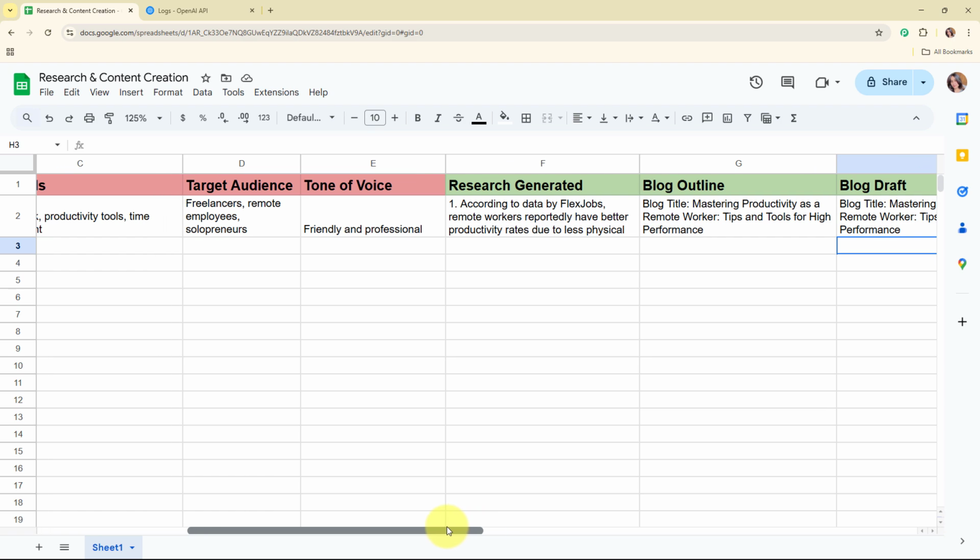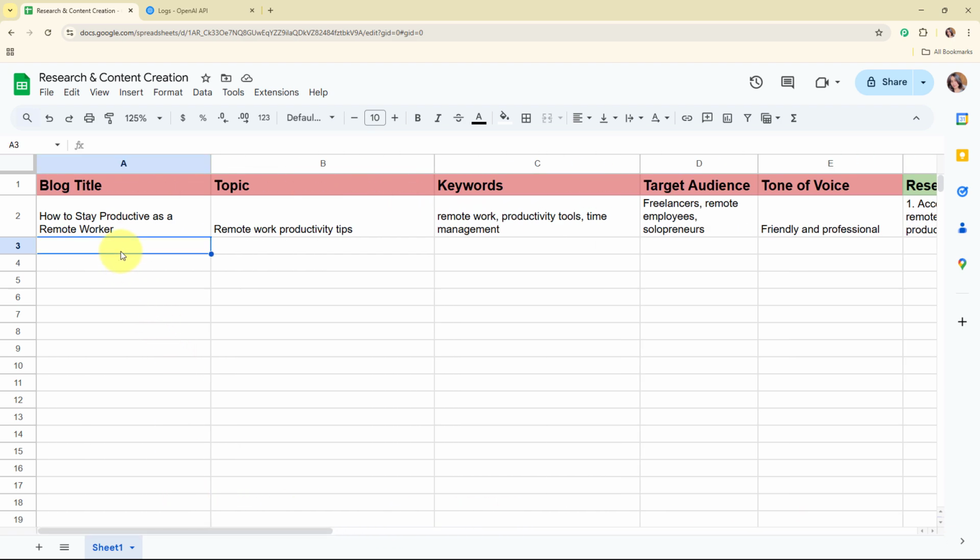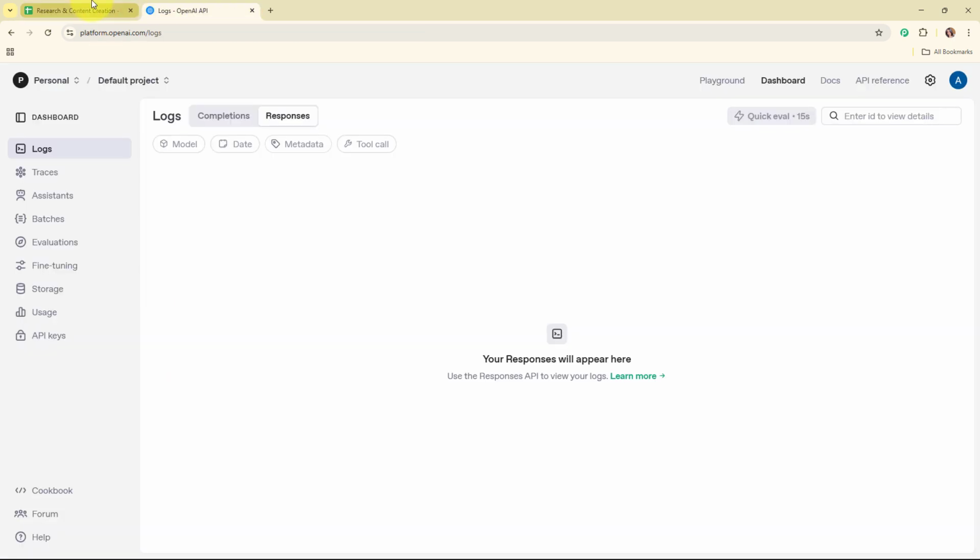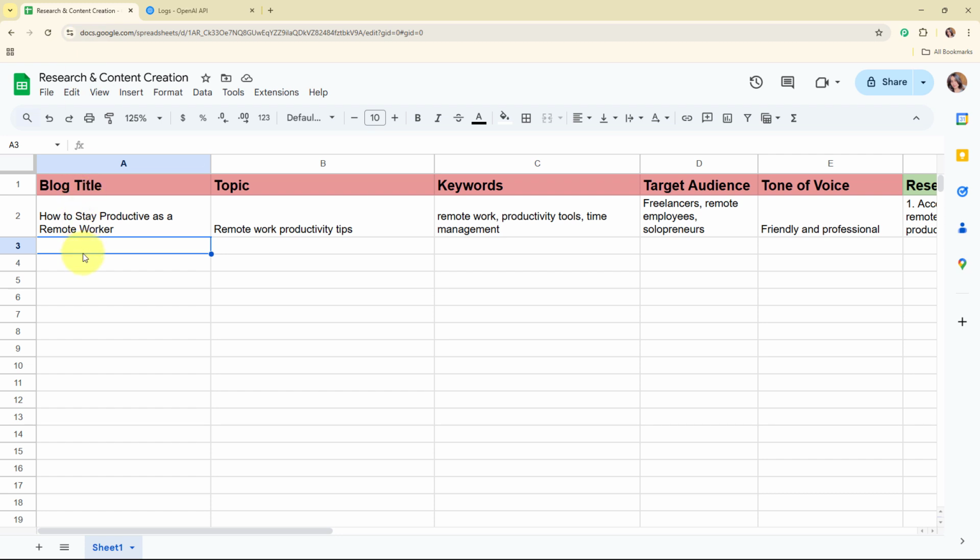Alright, so I've already built an automation where I've connected my Google Sheets with my OpenAI account and my Google Sheets using an automation software. Firstly in this video, we are going to see the working of this amazing automation by simply adding some details in my Google Sheets. Alright, so let me add the details.